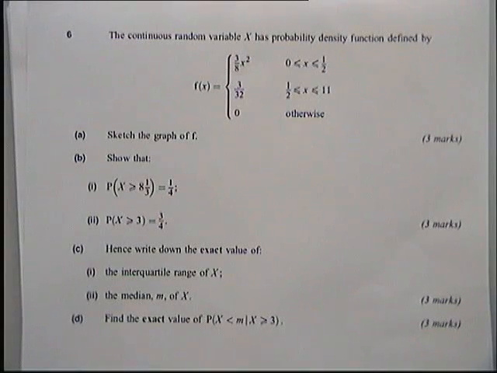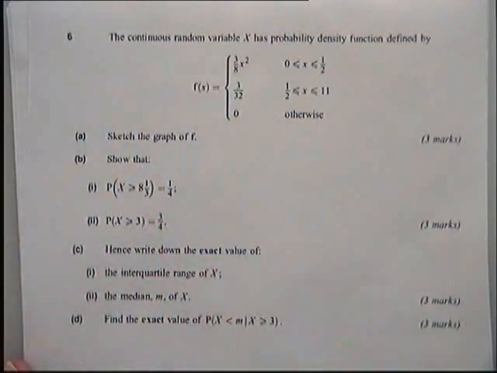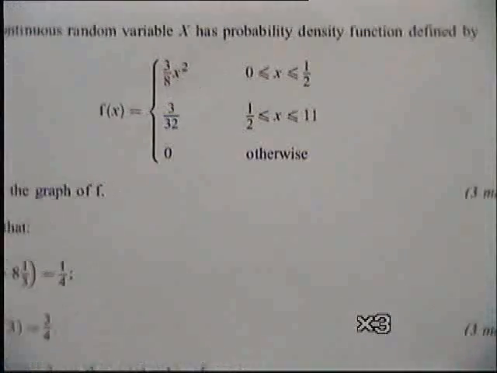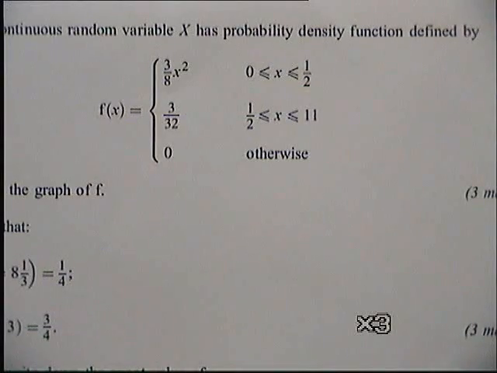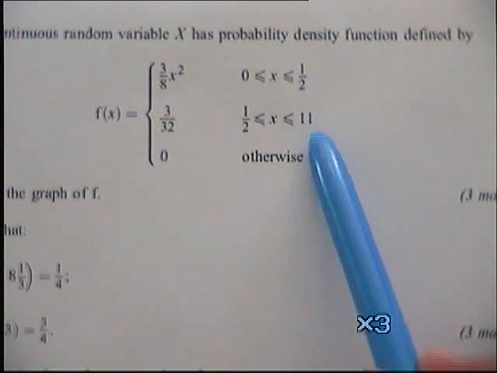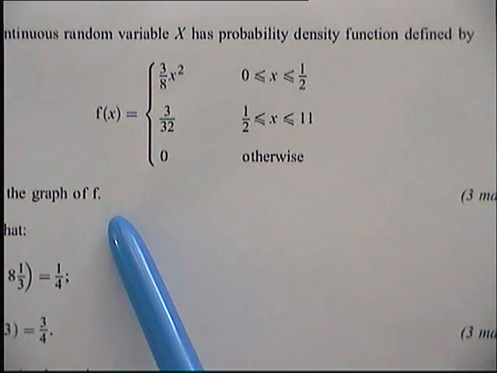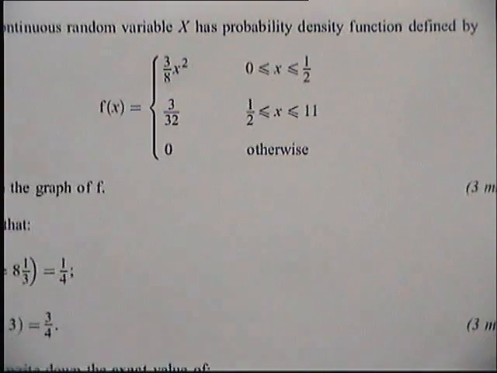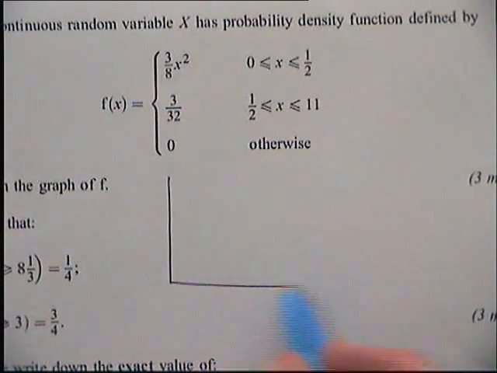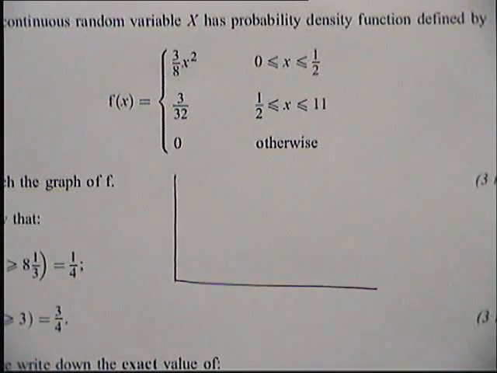The continuous random variable homework. First question, I'm going through the one that's labelled as question 6. We've got a continuous random variable. It's given to us in two different bits over here, and we're asked to sketch the graph to go with it. So if I just do that sketch over here,